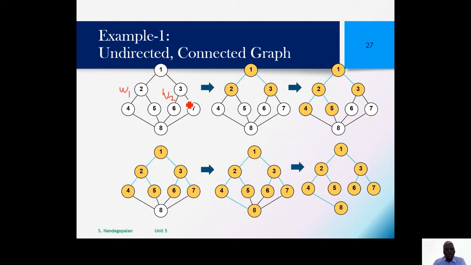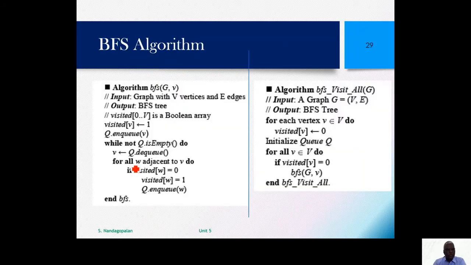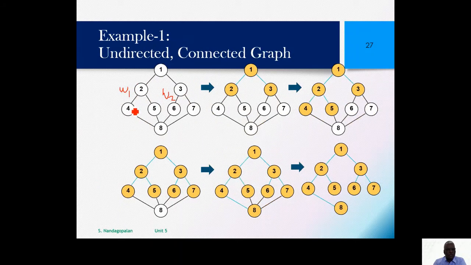Now once we add all of them into the queue, then we come out to this while loop. So this for loop will do that job, and this while loop will try to explore all the other adjacent vertices. So what do we do? We actually delete now. So 1 is over. Now 2 and 3. Now 2 will be the next vertex being deleted. Now that becomes my current V, and with respect to 2, whatever be the adjacent vertices.